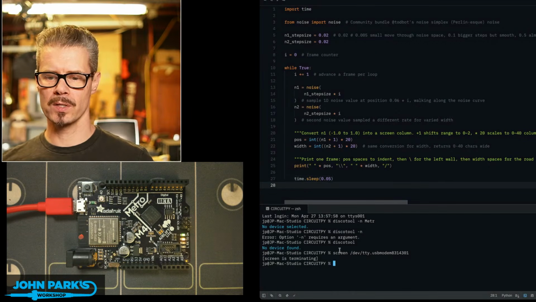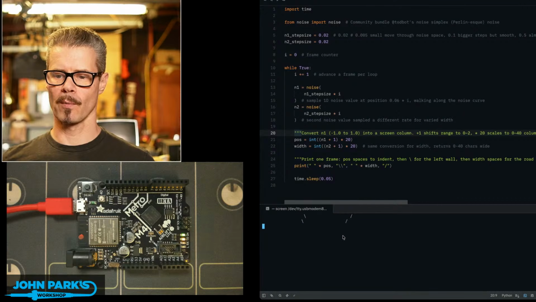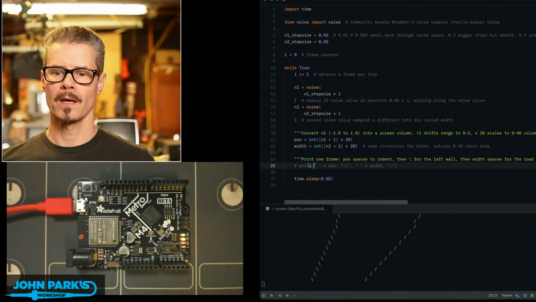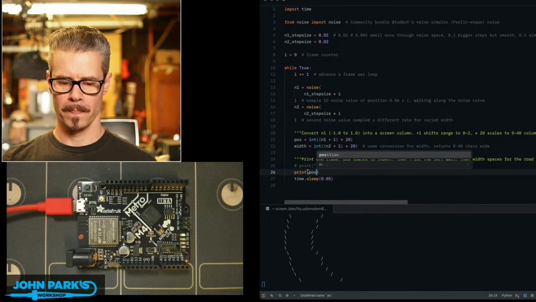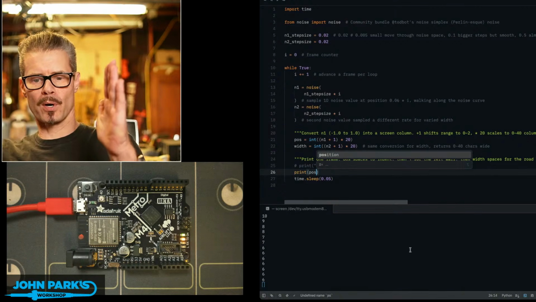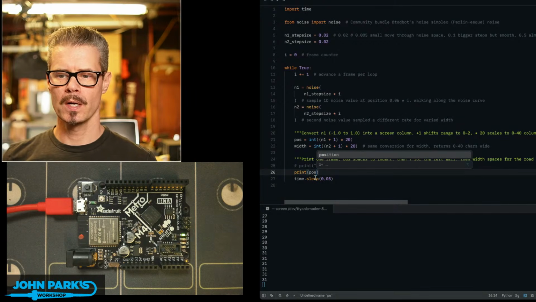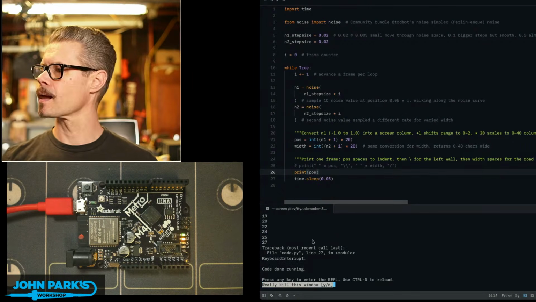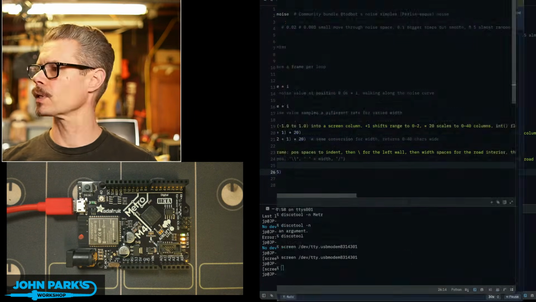So what I'm going to do is disconnect. I'll reconnect here for a moment so you can just see it. So instead of these road values, I'm going to just print the position, which will be those numbers of spaces we were getting on the left side there. You can see those. And if I now close this and switch over to serial plotter,